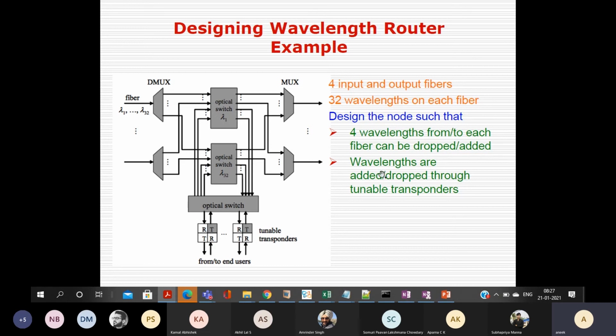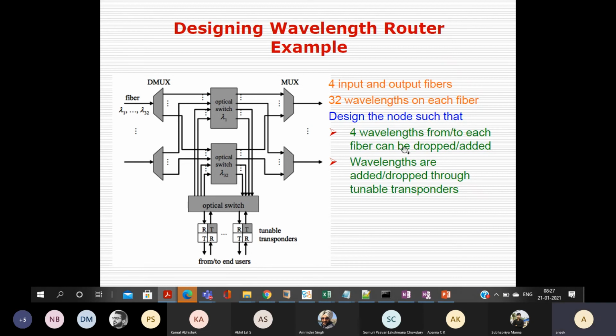Similarly, 4 wavelengths from each fiber can be dropped. With 4 input fibers, 4 into 4, you require 16 receivers.